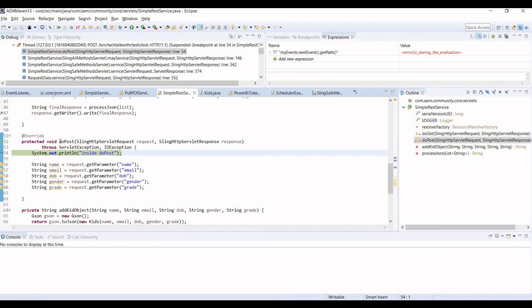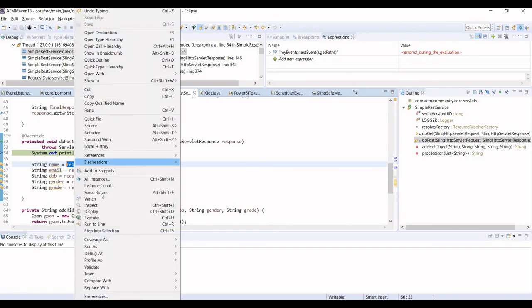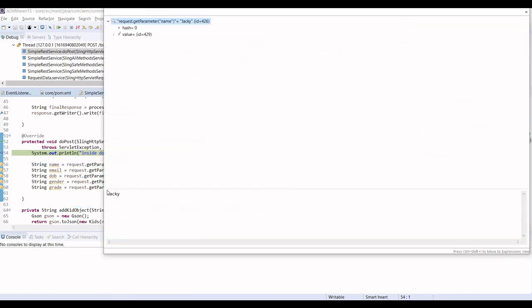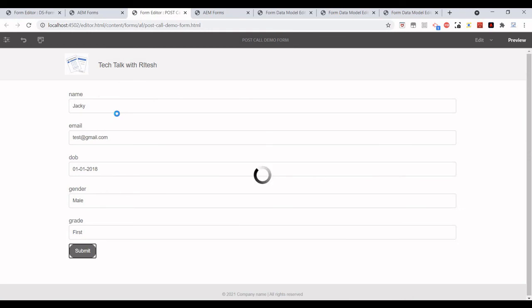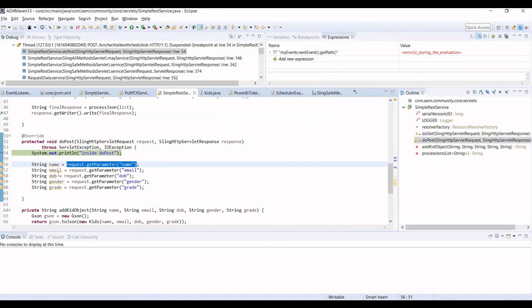So the call is going to the post method, and if we look, are we getting the information from the request? Yes, we are getting the information from the request. So this is how we can create an adaptive form, and using a data source and form data model, we can populate the values and then send them to our servlet. These values we can further use to submit to another database, or for some validation purpose, like I explained earlier. So that's it in this video.